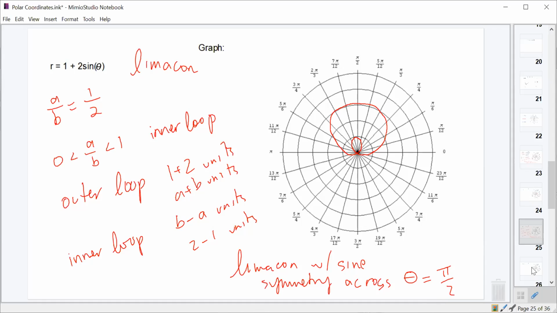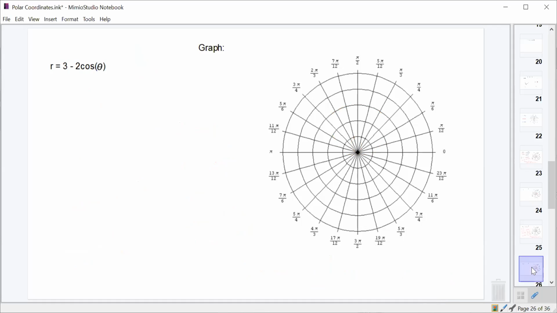Cool. All right. Now we've got r equals 3 minus 2 cosine theta. So this is still going to be a limaçon. This time, what is my ratio between my A and my B? 3 halves. So A to B is 3 halves. And